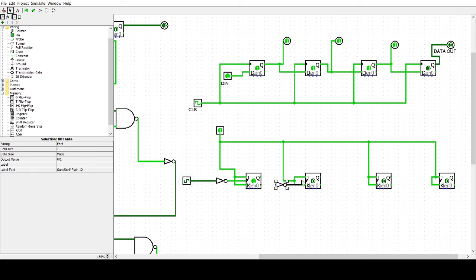So the output of the inverter should be connected to, so let me come like this. Okay, connected. Similarly I need an inverter here, connected, and another inverter, connected.